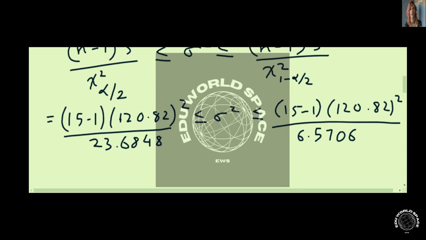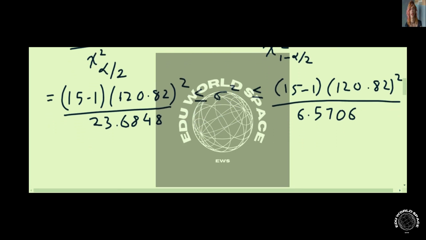Now, simplifying this expression we get the lower boundary for our confidence interval as 8628.51 and the upper boundary as 31,102.88. Now that we found the confidence interval for the population variance, we find the confidence interval for the standard